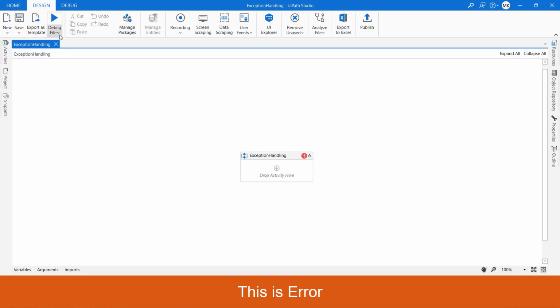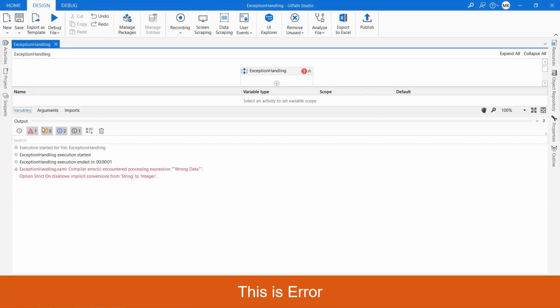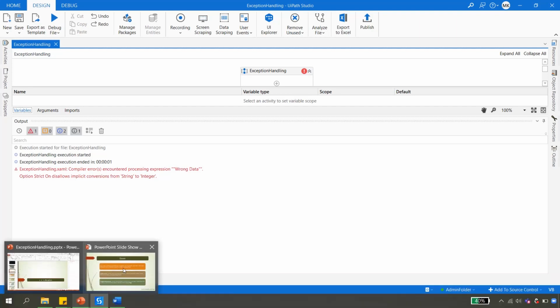Okay, now if I try to run this file, what will happen? It will simply say that there is an error, and this error is because it is not able to convert the string to an integer. And why is that so? Because we have created a variable of type integer and we are passing a string value to it. So error is something which the program cannot automatically deal with.